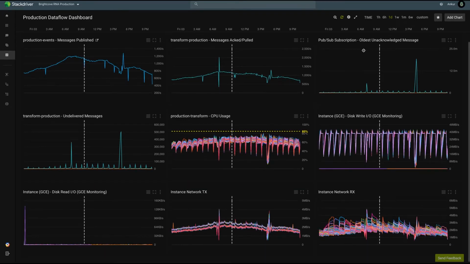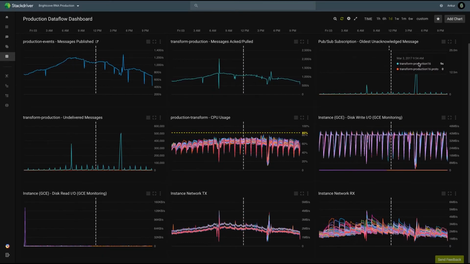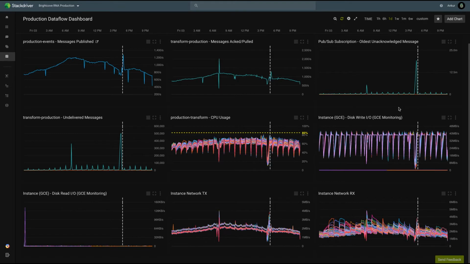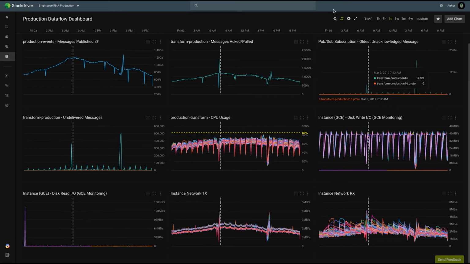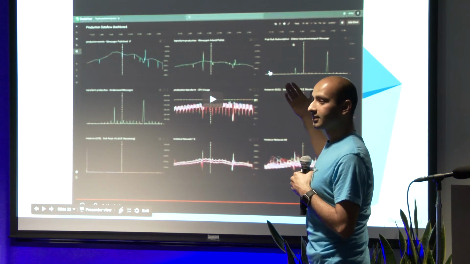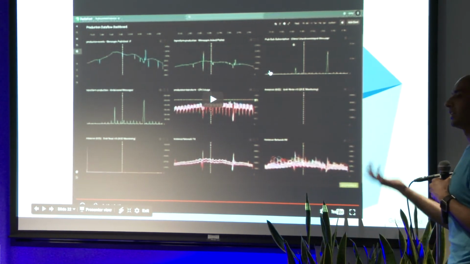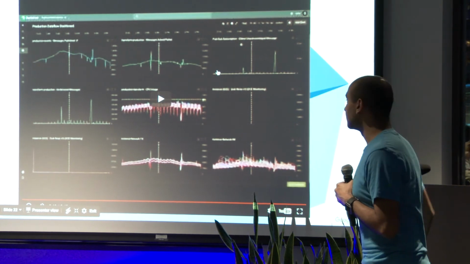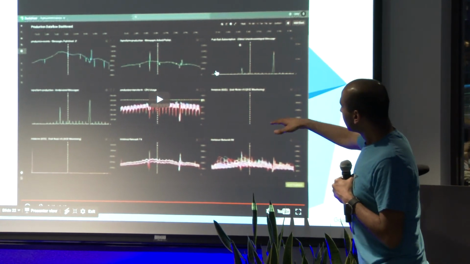So if a page says your PubSub backlog is 7 hours old, you just look at the first line and you say, okay, yes, it is 7 hours old and we are not keeping up. Or yes, it's 7 hours old and this is when it started. The second line means that it's an actionable metric, that something changed either on our ingest side or the pipeline just fell over.